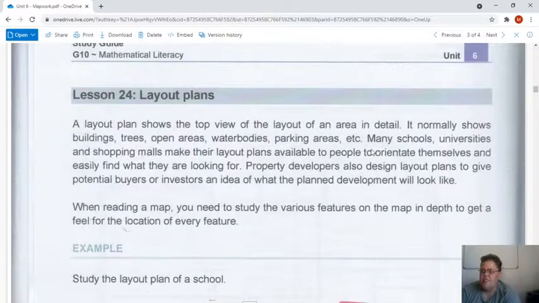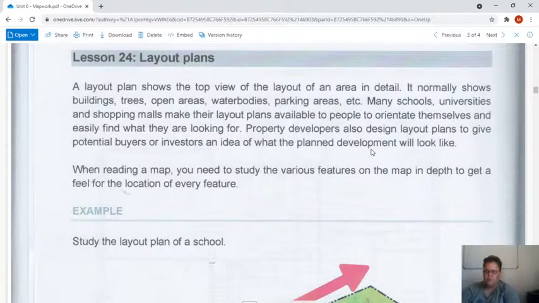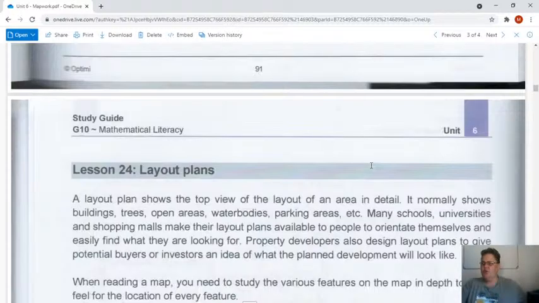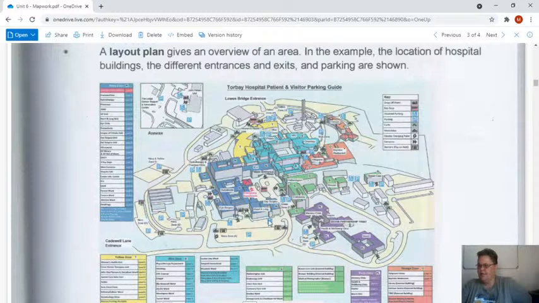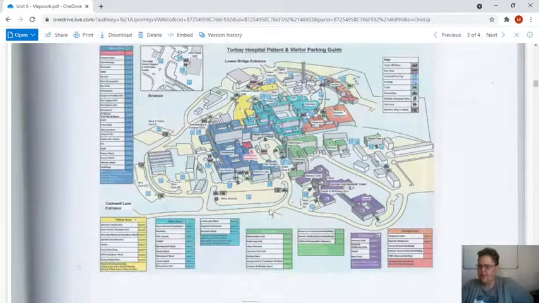Okay, lesson 24 is layout plans. I want you to quickly study this map for me. I know that it's very small. You have the file on your computer. I want you to quickly study it for me, and